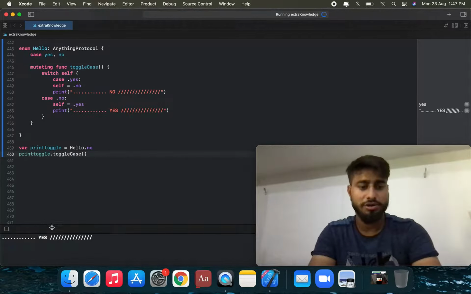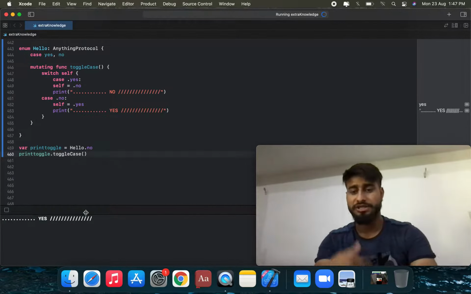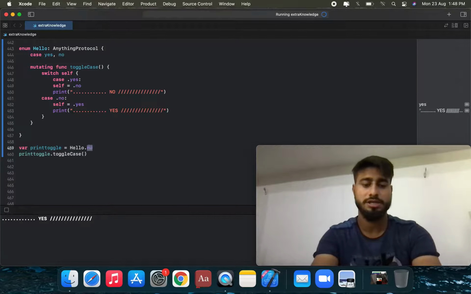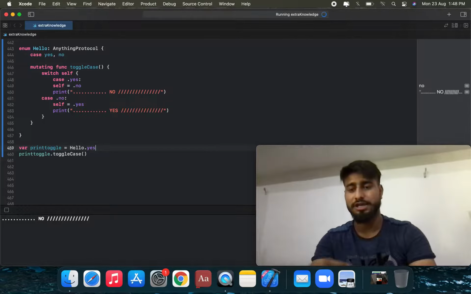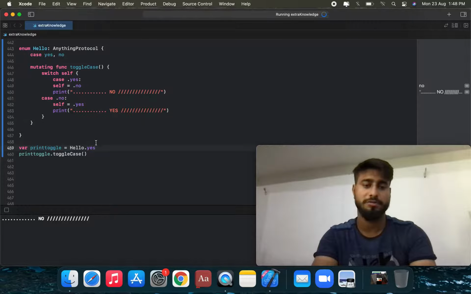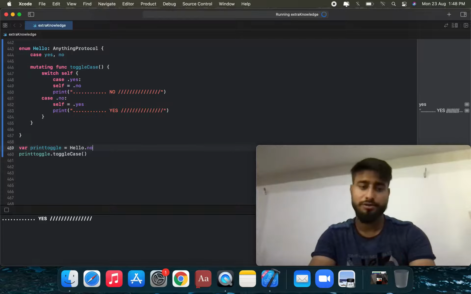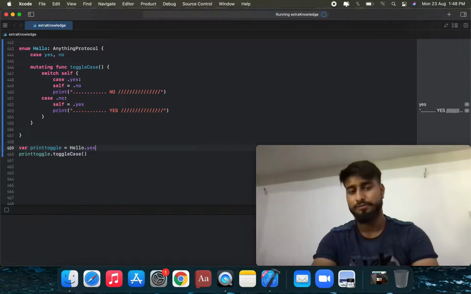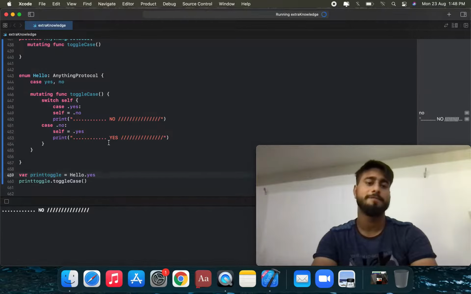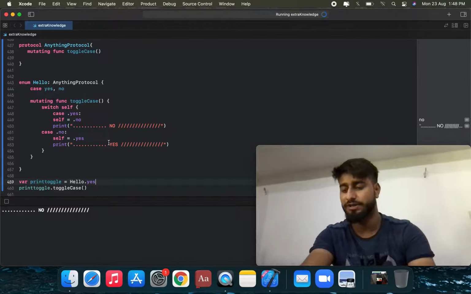Suppose this toggle is no, so we can print the statement, we use no and yes, no toggle in this statement yes. Suppose we apply this on yes, so the toggle statement is no, already printed in this statement is no, and toggle yes and true and false. Suppose this is true and false in this toggle statement. Suppose we apply it on this no statement, so we can use a toggle statement in this yes and no statement we're gonna add. Suppose this is a yes statement, so this yes statement toggle statement is no, in this print statement no. Okay, so that is the use of a mutating function in a protocol.